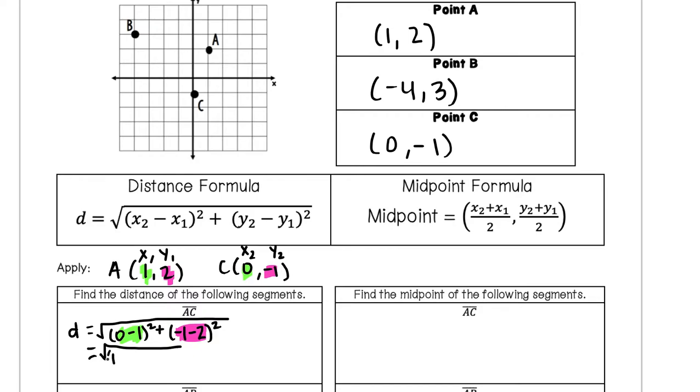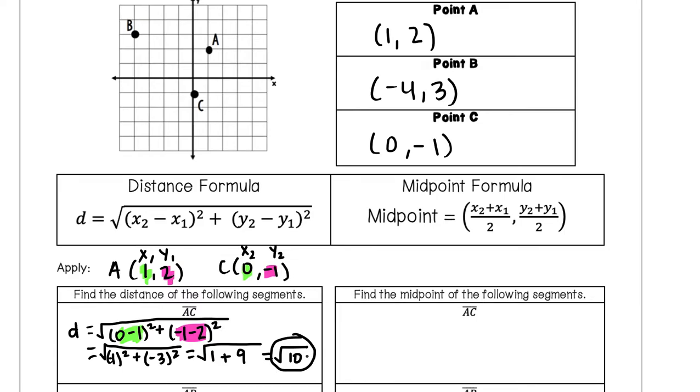So I get -1 inside, and I'm going to square it. And then on the inside of this, I get -3, and I will square it. This becomes -1 squared is 1, plus -3 squared is 9. So we get a final answer of square root of 10. This square root can't be simplified anymore, so the distance between points A and C on the graph would be